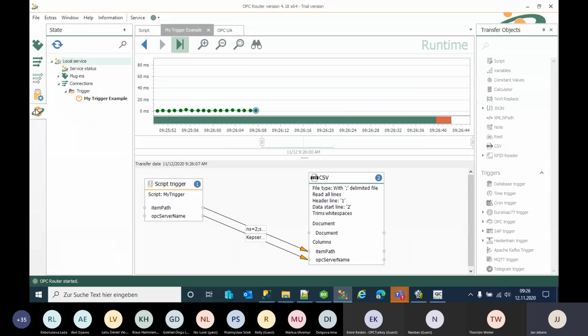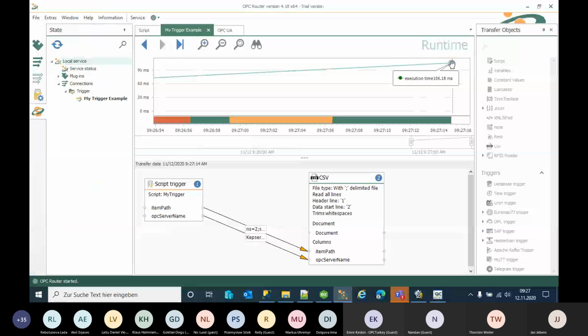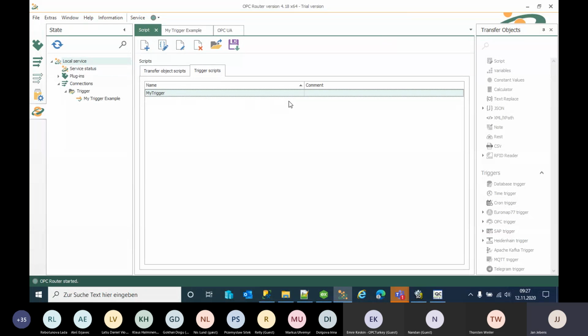So once it's initialized, that's the case, I can go here, write a true to my Boolean variable. Then it's reset by OPC Router directly, and we only have one transfer here. So that would be the first basic example. When I go back to scripts, what you also can do is,